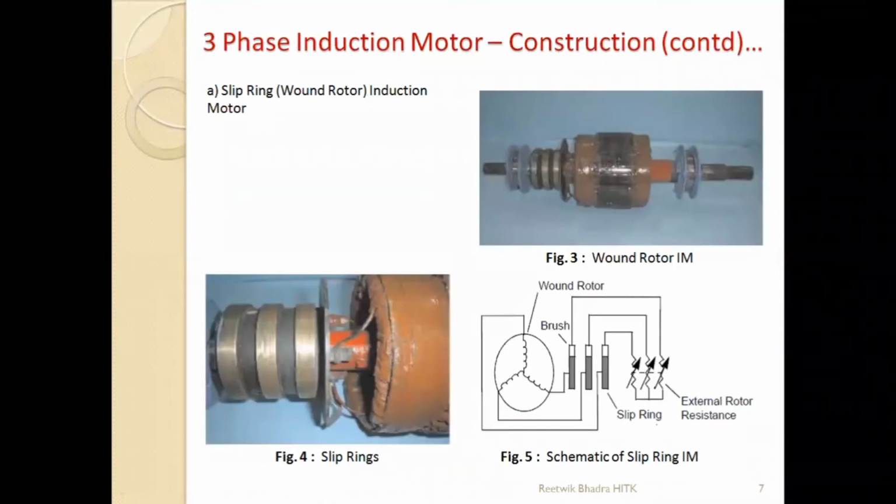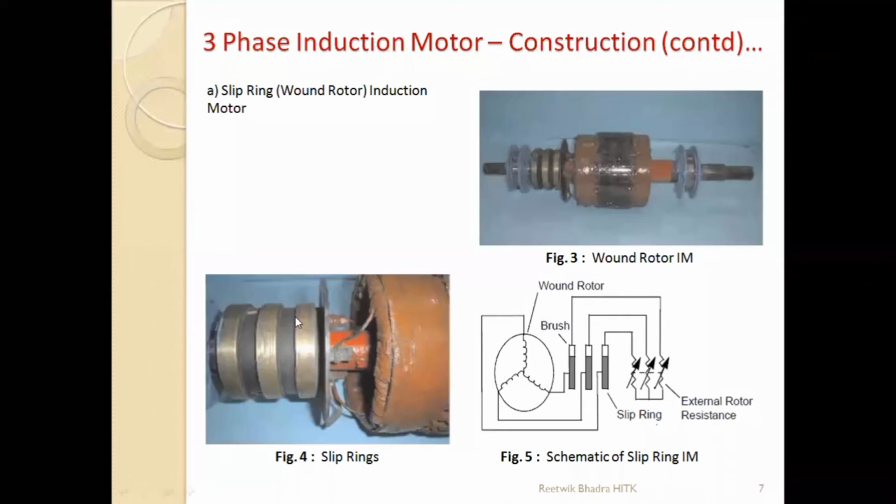Now, next going into the rotor. The first one is your slip ring induction motor, or wound rotor induction motor. And the next one we'll describe is squirrel cage. Now slip ring, you have heard about it. Slip ring commutator you have heard. That is the same thing which was used in your DC generator and motor; here also, using slip rings, we make contact with external resistors or external loads, through slip rings and brushes. Figure 3 is just a representation of a whole wound rotor induction motor, how it looks.